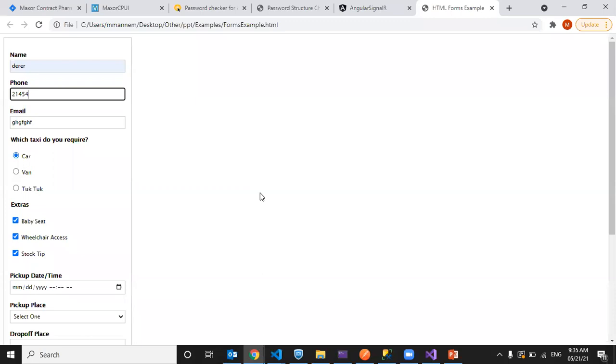So if we write the validations at server side, it will be a costly process, because the request has to go to the server, be processed, and a response has to be sent back to the client. So to avoid that, we will perform validations at client side only, which means on the browser.